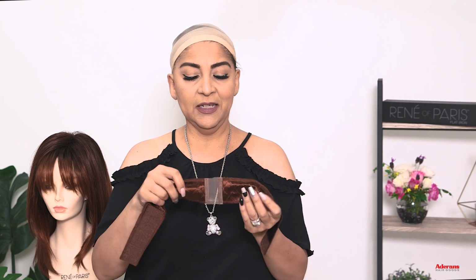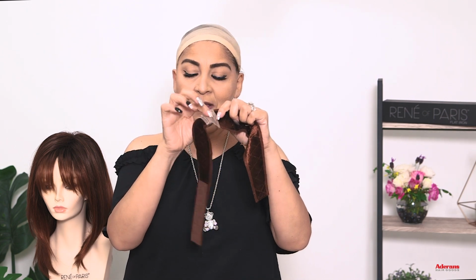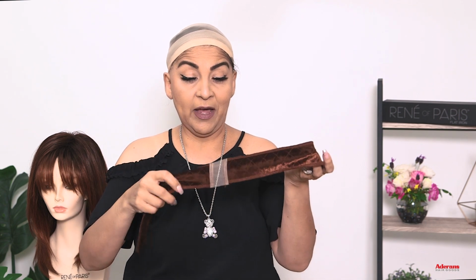So after I put on my nylon wig cap, I'm going to put my René of Paris wig grip, and these come with and without lace. So I use the lace pieces when I'm going to have a wig that's going to have lace front or lace part. Today I'm going to use Seville, so either way, I just feel more comfortable having the lace just in case I decide to choose a different style, which you really should about every 2 hours, in my opinion. So you put this on, and